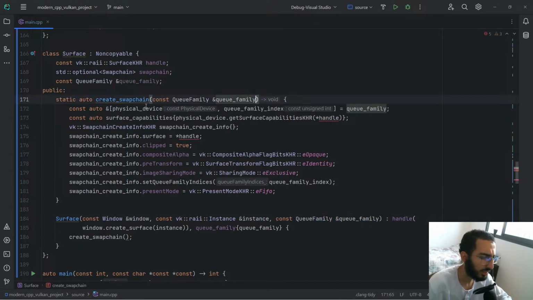So static, and here we have to pass the queue family here too. And we have to pass in the surface. So const, okay, const what? Const vk surface KHR, and then I guess I could take a const reference there. Then basically,